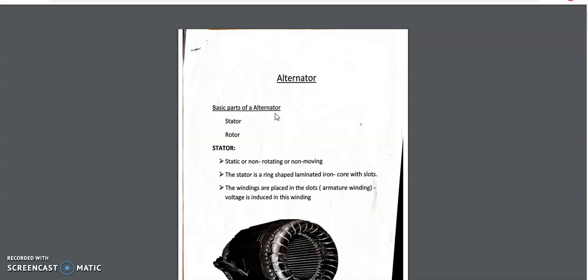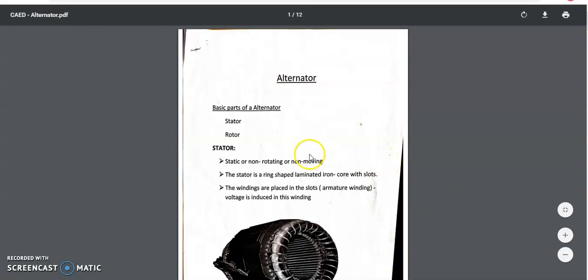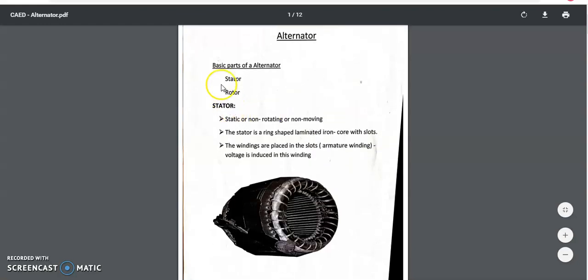As you have studied in your basics of electrical, an alternator has two parts, stator and rotor. Here also you need to draw the elevation and plan, side view and front view of the alternator. In the side view, I have the stator. I can see the outer frame and the slots. Usually in the side view of your alternator you can see the circles, diameters and the slots.